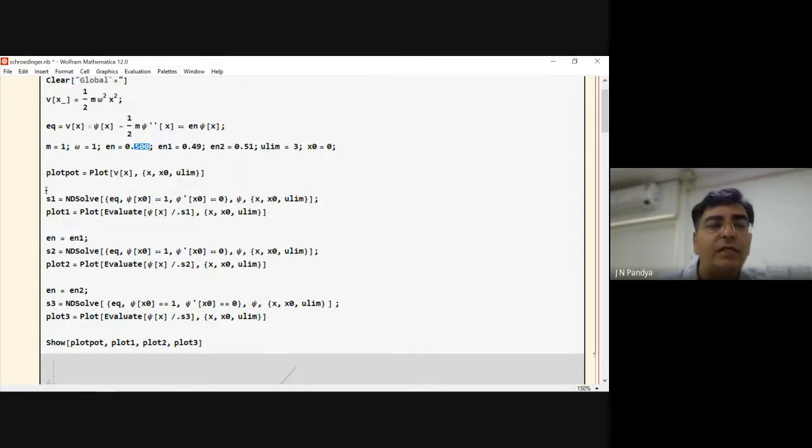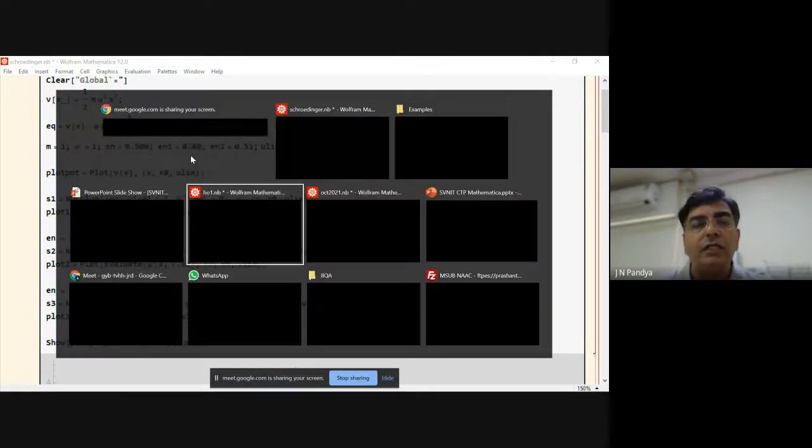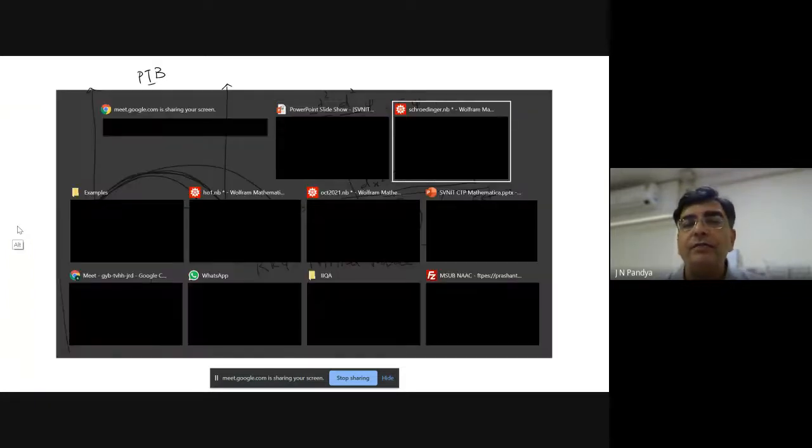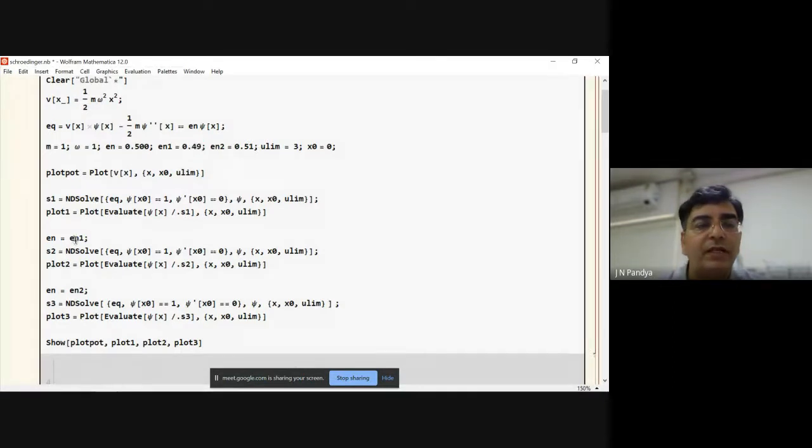So there is no specific mention of En here. In this case, you can see that this is now En1. So it is a little less than En. Very obviously, the Schrodinger equation will be solved if and only if you have got the exact required value of energy. That means the exact required value of k in this case. So what should be done? We have to define one energy value, and then we will solve the same thing again. No difference is there at all. Only thing is that now whenever En comes in our calculation, it will be taken as En1.